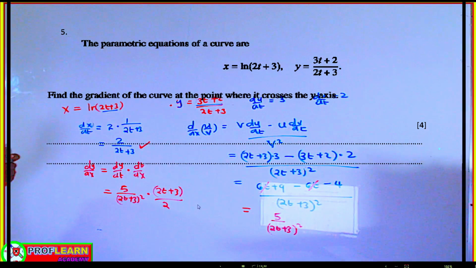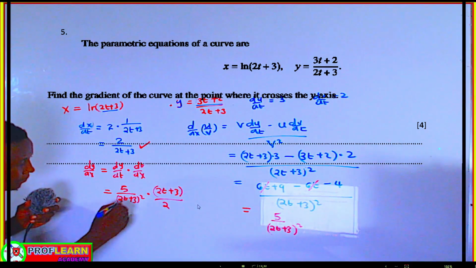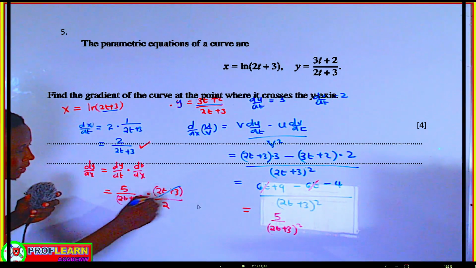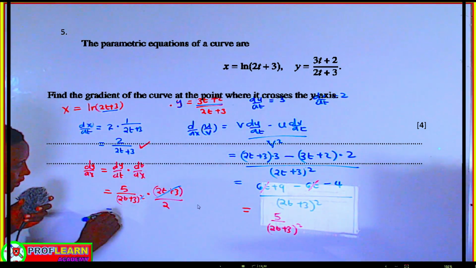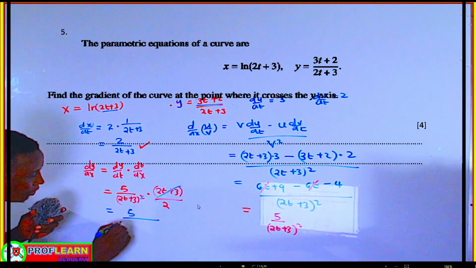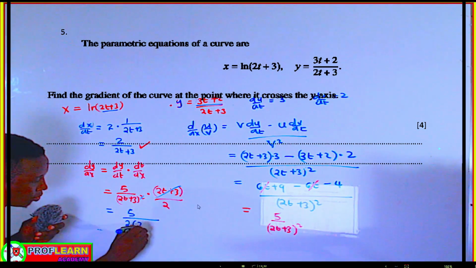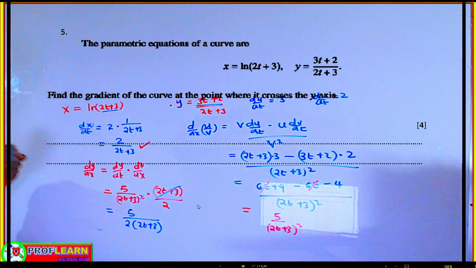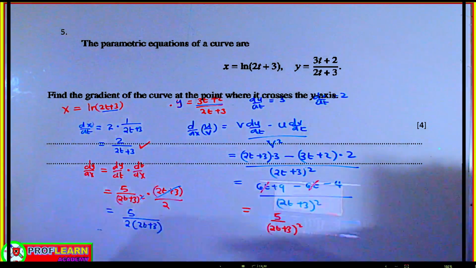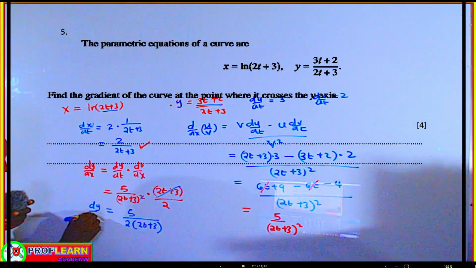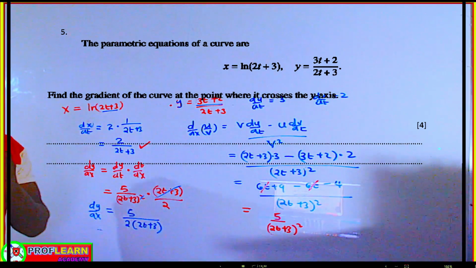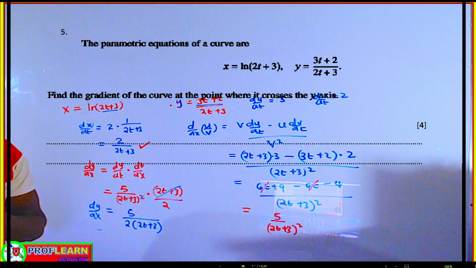So you can see that this part will cancel with one of the factors, because we are having 2 of them, it is going to cancel with 1, and we end up having 5 over 2 into (2t plus 3). So with this expression we have our dy/dx, but the question states, find the gradient of the curve at the point